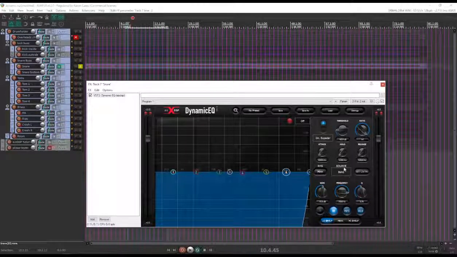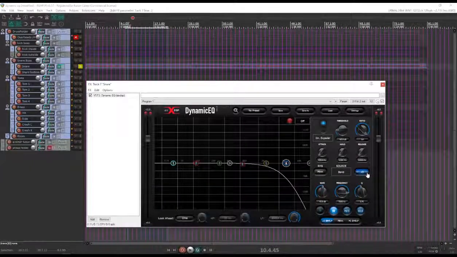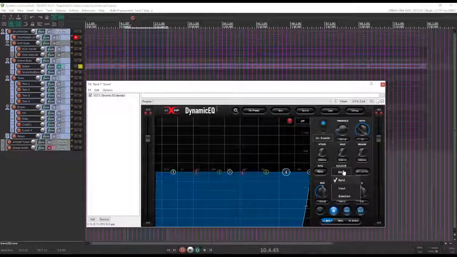So let me bring your attention here to the key listen in here. You have a choice for the detector source. It's going to be either the band that you're on, so however you have this EQ set, the input, which would be the entire input spectrum, or a sidechain, which you could bring in externally. I could have a kick drum telling the snare drum to shut up whenever the kick drum's hitting, or whatever, doing something like that. But in this case,